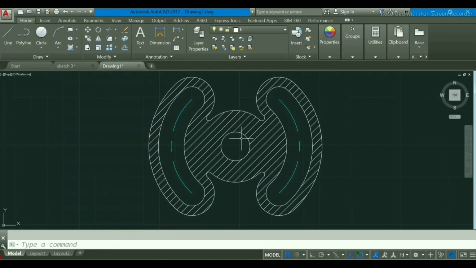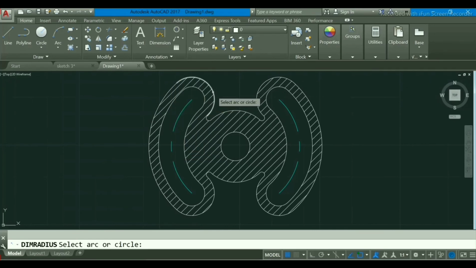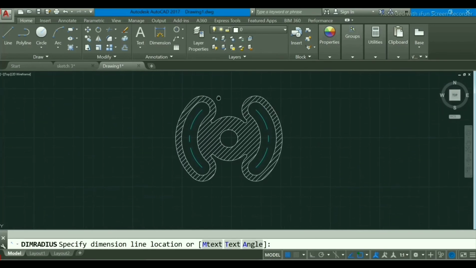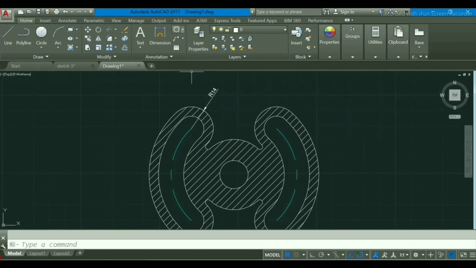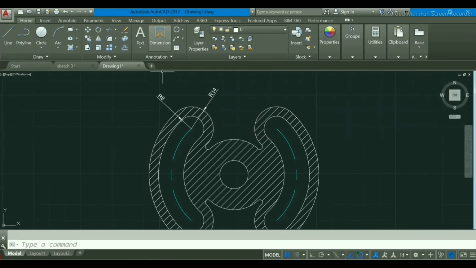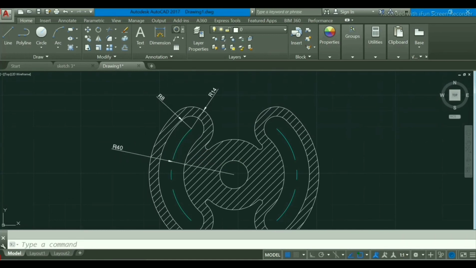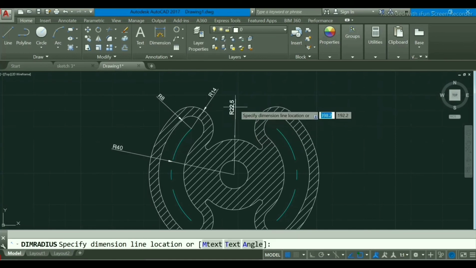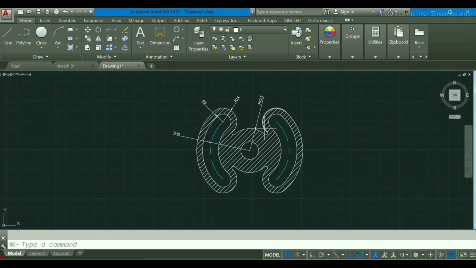See, it looks nice. We just have to give some dimensions. So give dimensions as per your need. I am giving some dimensions like this one.